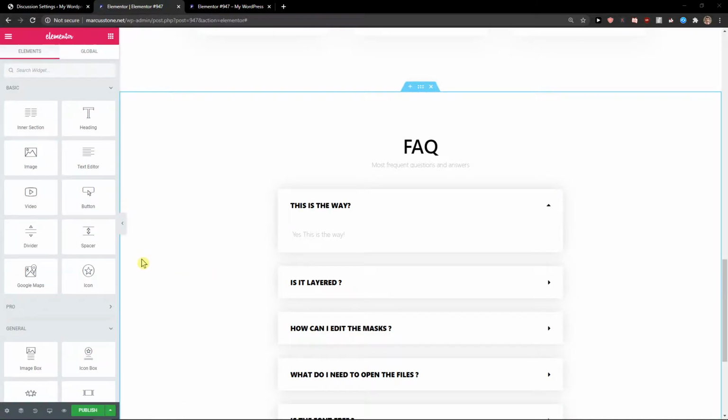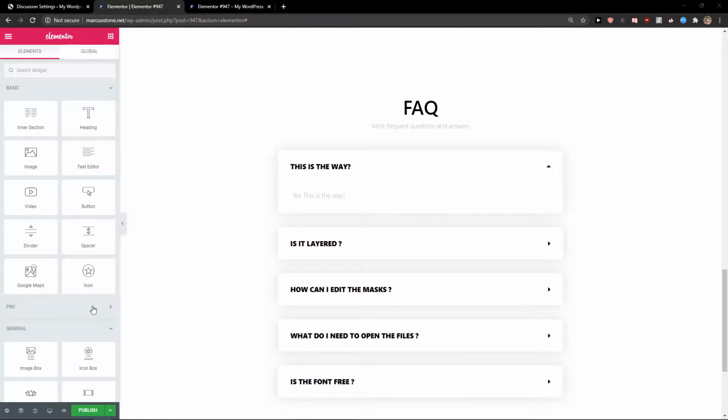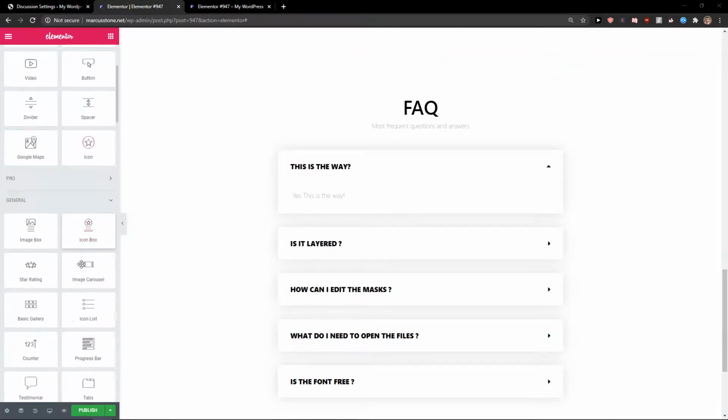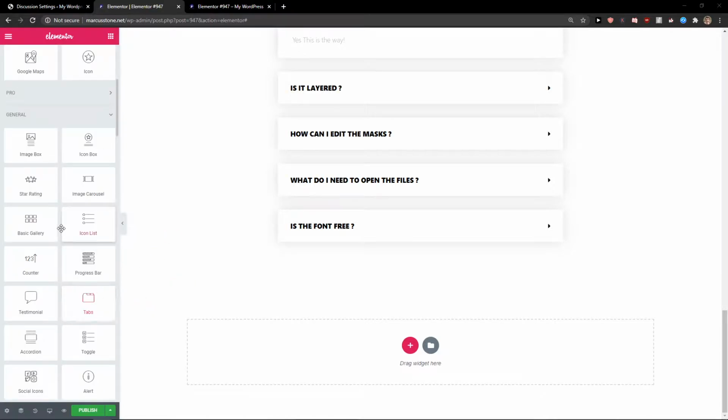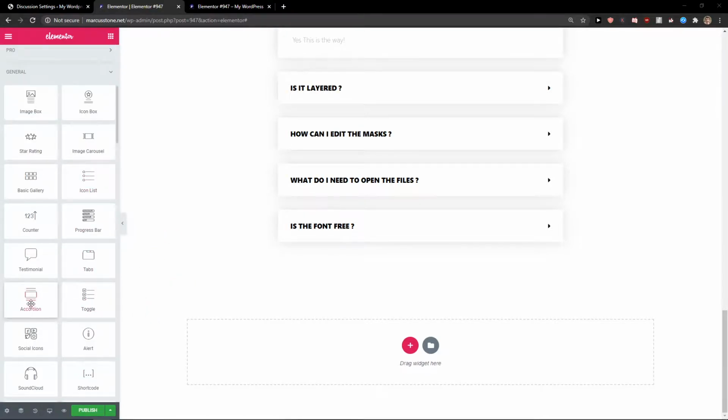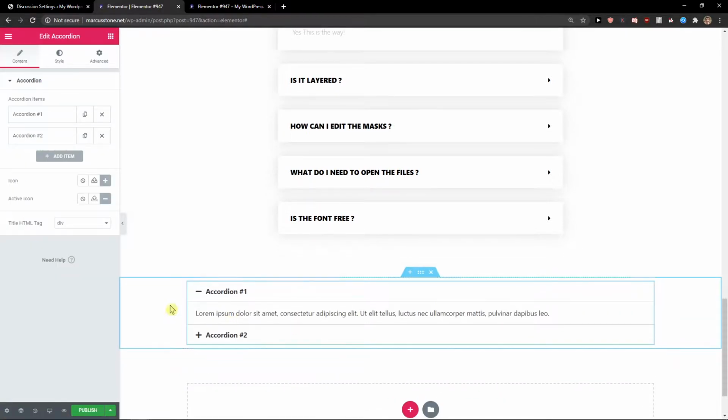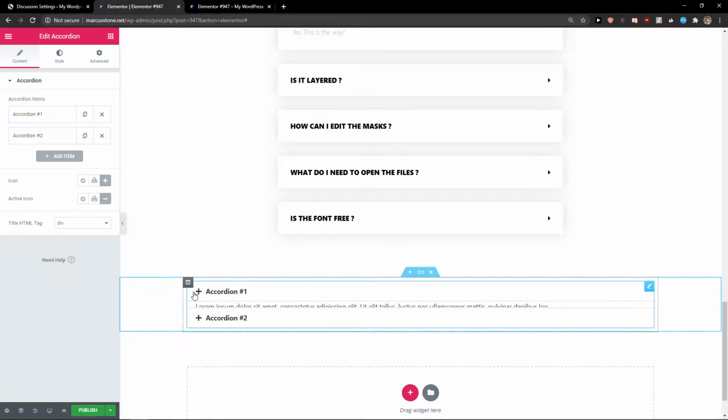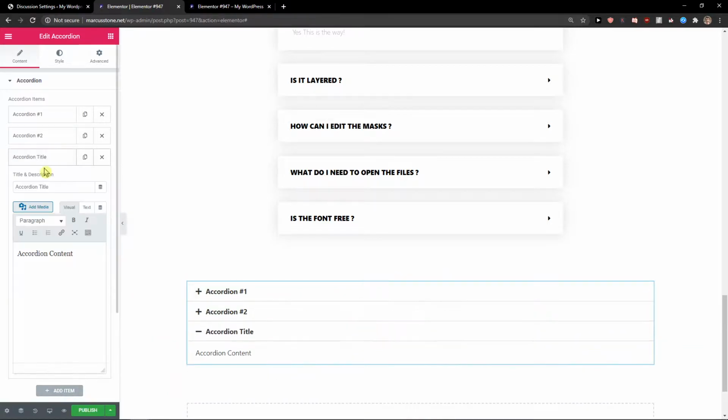In this video I will share a really simple way how you can add Accordion to your Elementor website. So let's start. The first thing you want to do is just be in Elementor and then scroll down to General and you will find here Accordion. Let's take it and paste it. And when we have it, this is really simple, add item,